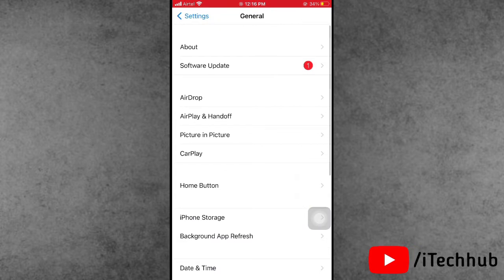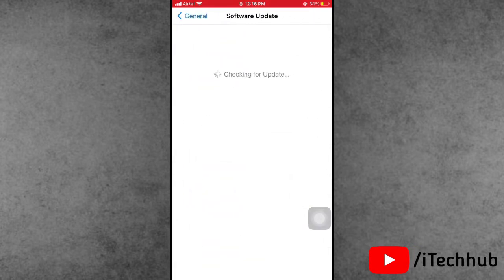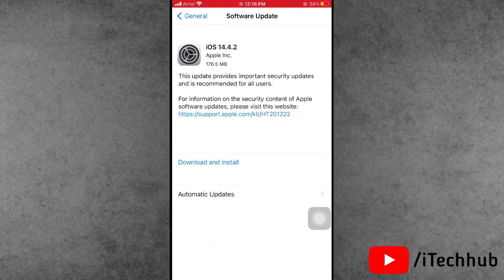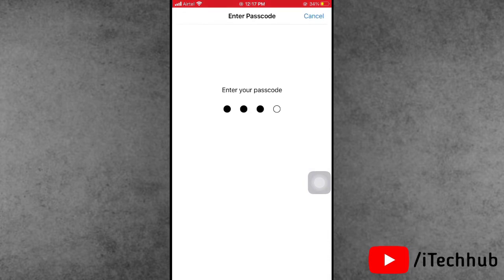In General, you can see the second option is Software Update. Tap on that, then you can see the iOS 14.4.2 update available on your iPhone 7 Plus. The size of the iOS 14.4.2 update is 176.5 MB on iPhone 7 Plus. Now you can see the Download and Install option, so please tap on that and it's easy to install iOS on iPhone 7 Plus.